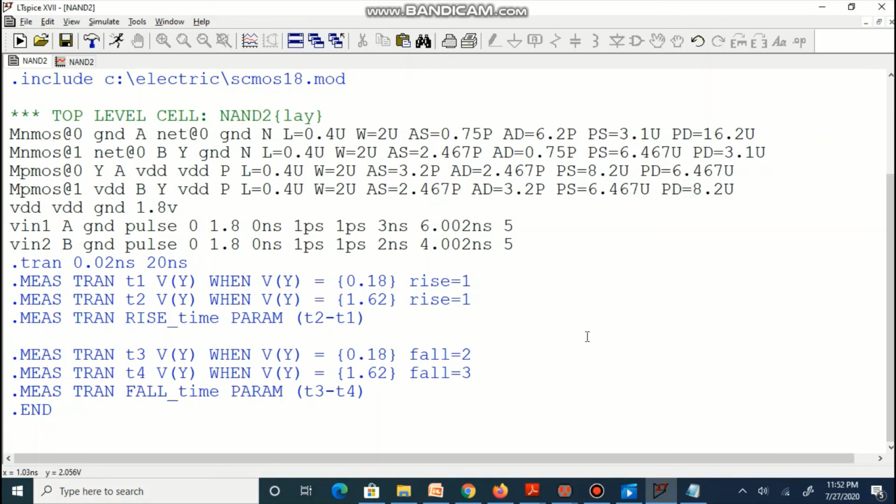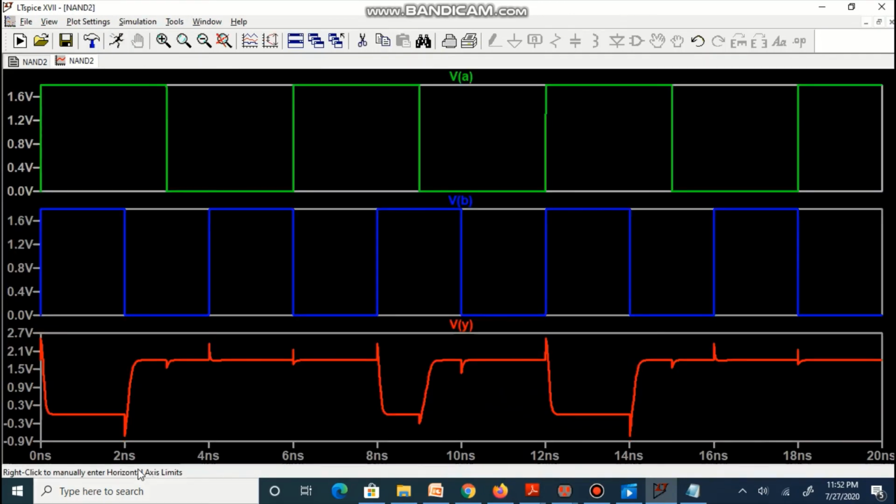Now after changing the input waveform, we are again measuring rise time on the first rise and fall time, one reading we will take on the second fall and the other on the third fall. That is because this is the second fall, it is reaching up to 10% of the VDD and for 90% of the VDD this is considered as the second fall, so this one is treated as the third fall.